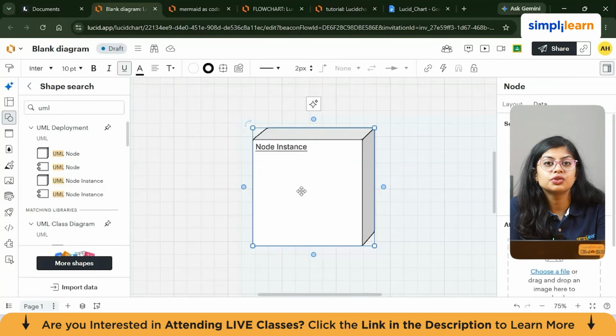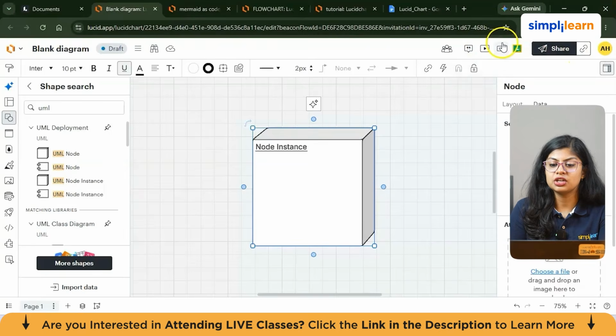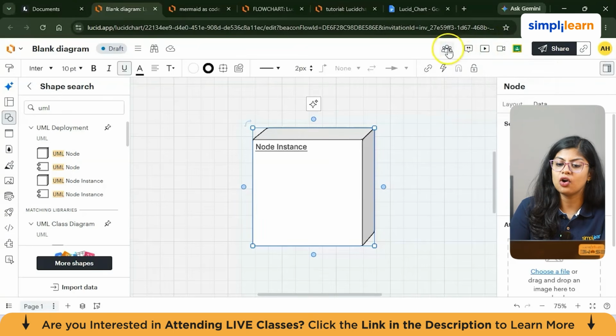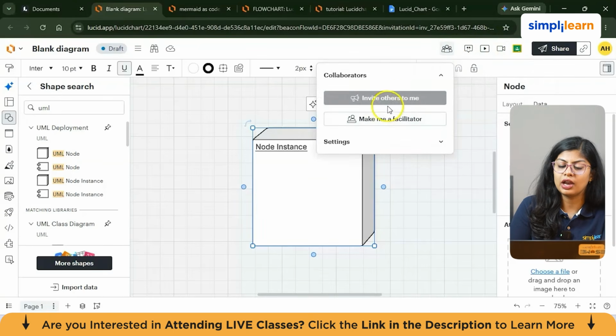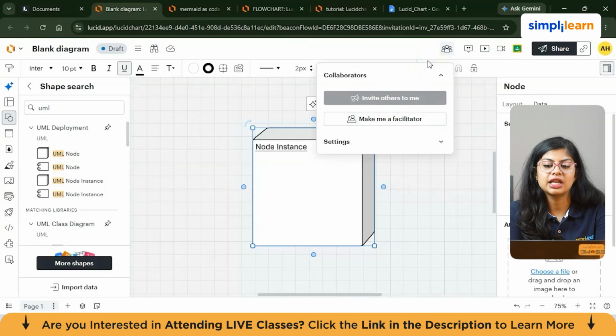Now that we know how to create diagrams, let's talk about collaboration. In real work, diagrams are rarely created by one person alone. You may need feedback from managers, developers, designers, operation teams, clients, and even stakeholders. Lucidchart supports real-time collaboration, comments, sharing, publishing, and integration. Now here we have presentation builder. You can share it via your recording, and there is inbuilt team collaboration that you can invite people into. You can add your team or workspace, and other people can give feedback on the same chart that you're looking at. It will require a few permissions as well.